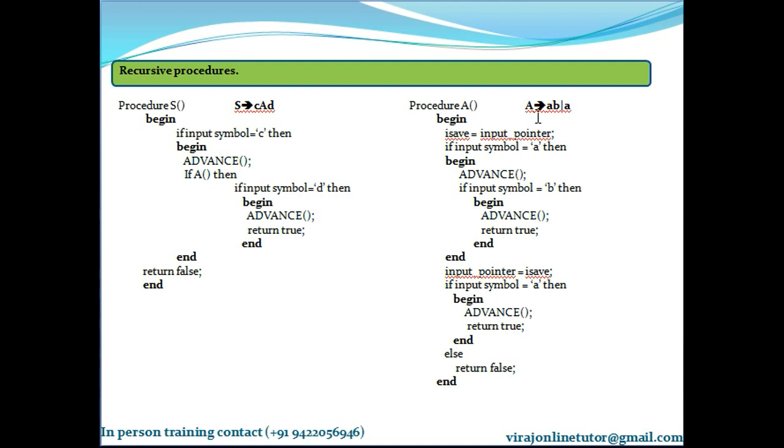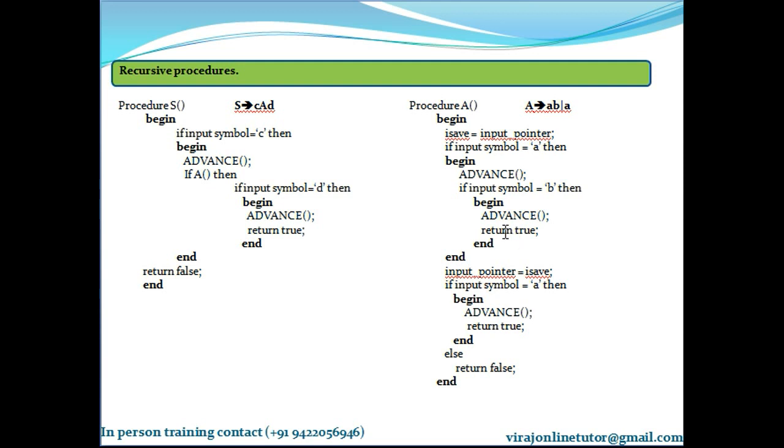So when the input pointer was pointing over here, I am saving it into a variable called isave. Then I check, is the input symbol small a? Yes. Then advance, check if the next input symbol is B. If yes, advance and return true. That means AB is matched.